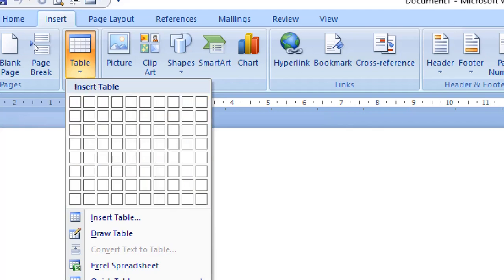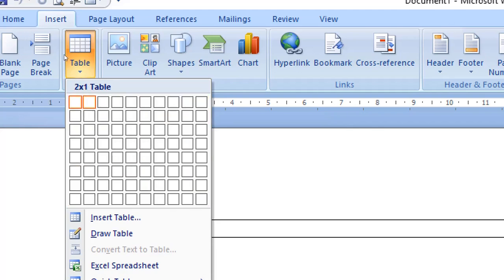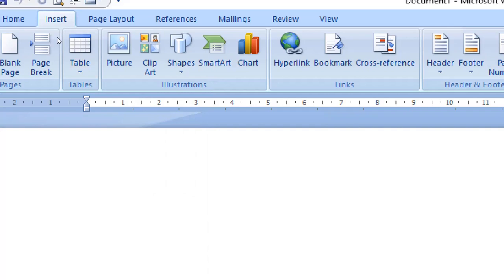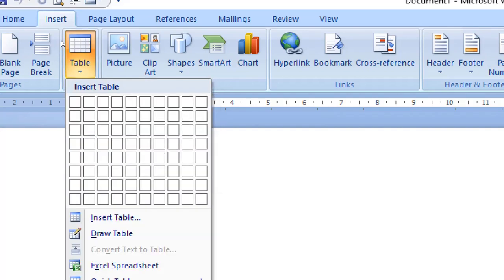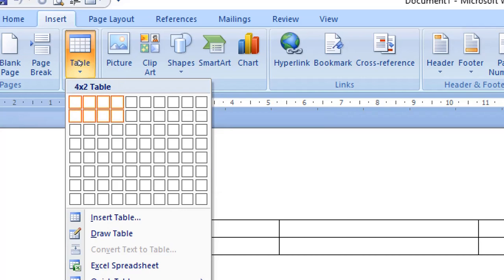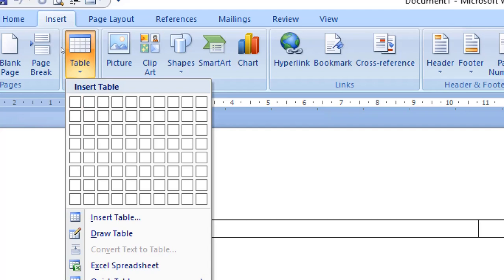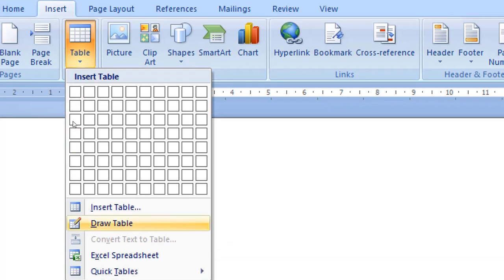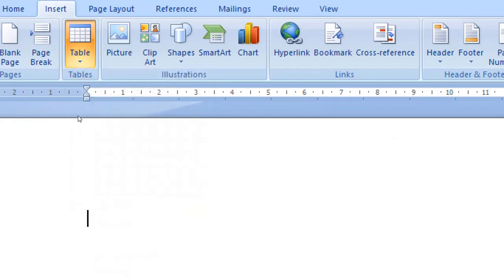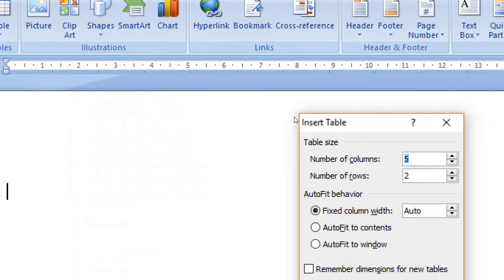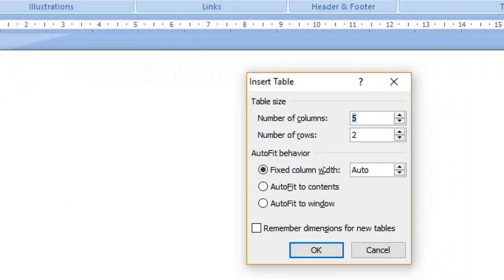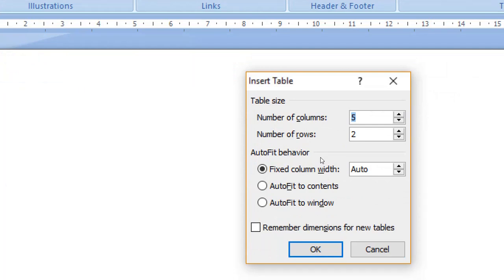After selecting this, you just have to drag the cursor here itself. There is no need to click, that is, no left click or right click of the mouse. You just have to drag the cursor here. Or if you don't want this type, and want to go directly with the default orientation, you have to click on the Insert Table menu. Then this dialog will open, as I showed in our documentation.